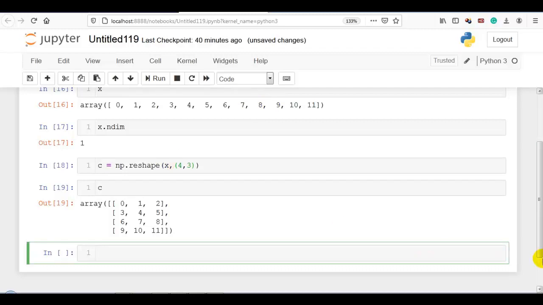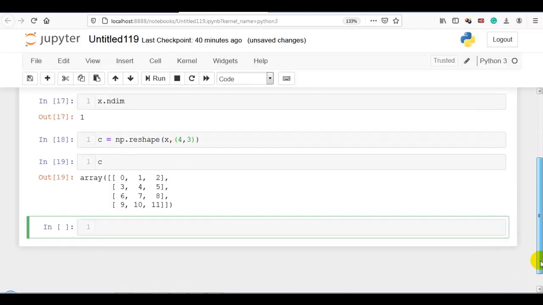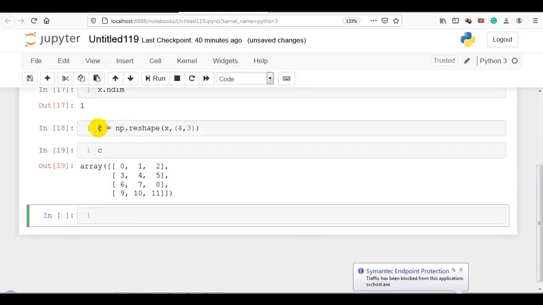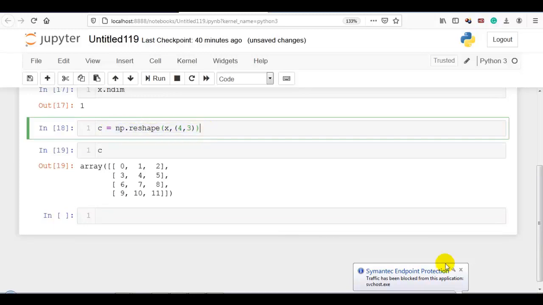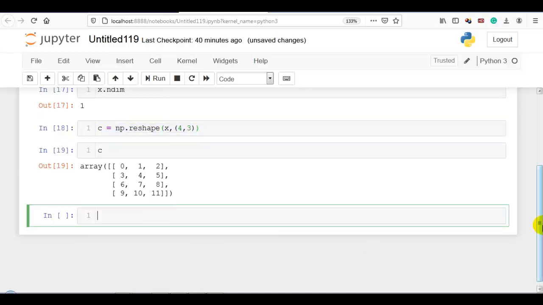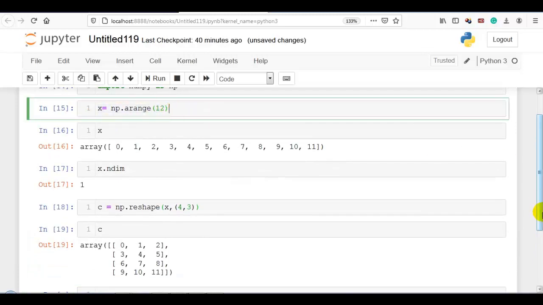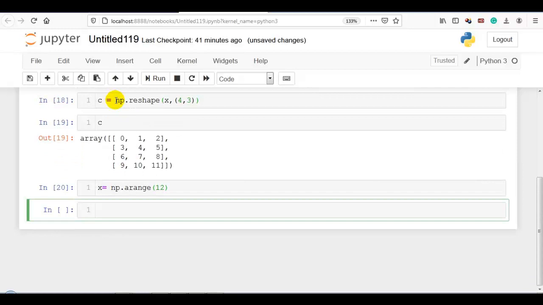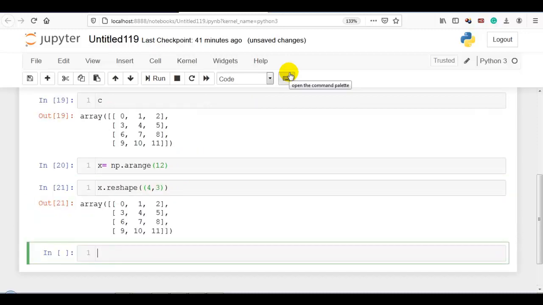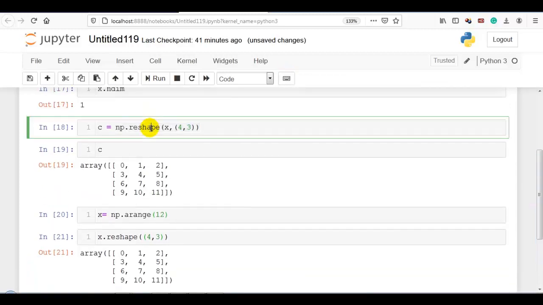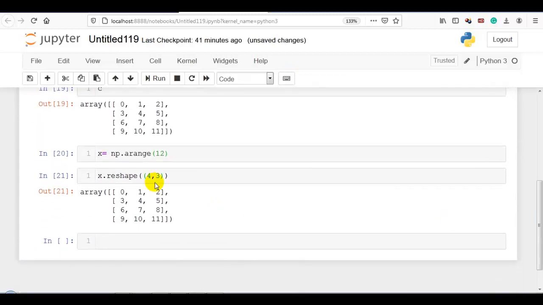Now another way to use reshape. In place of np.reshape, we can directly write, let me first take this arange function, x.reshape with new shape. Now you can see, either we can use np.reshape or x.reshape.